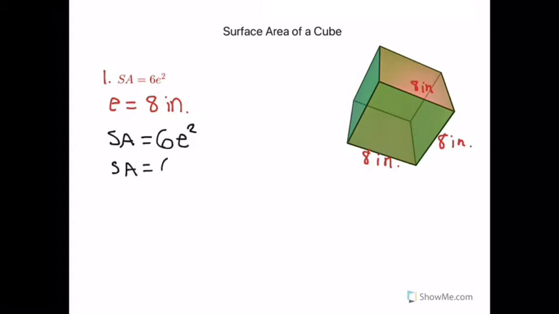SA equals 6 times, that dot means times, now put the 8 in for E. 8 squared. SA equals, so this really is just 6 times 8 times 8. The 8 squared just means do 8 times itself twice. And then 6 times 8 times 8 is